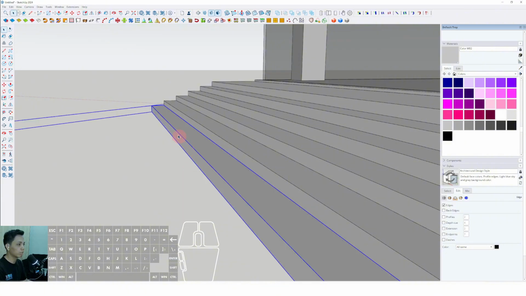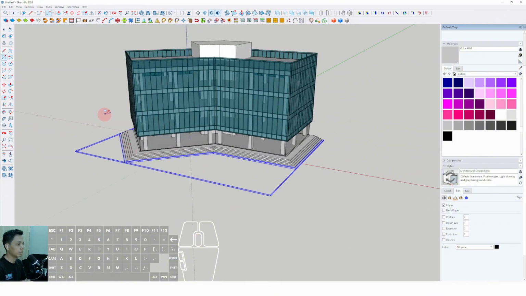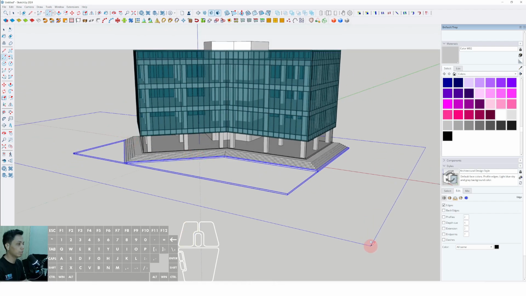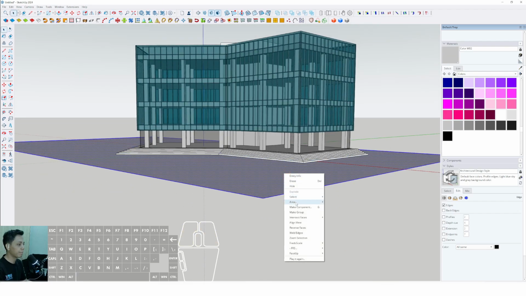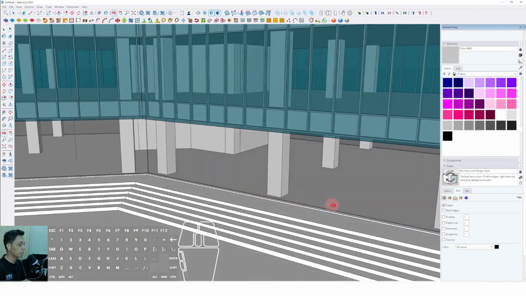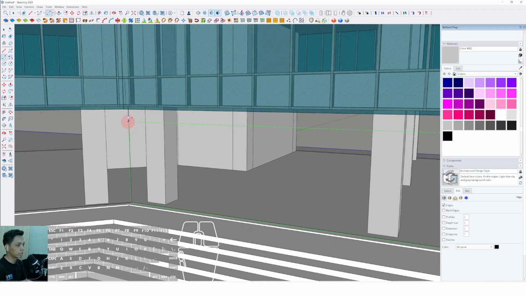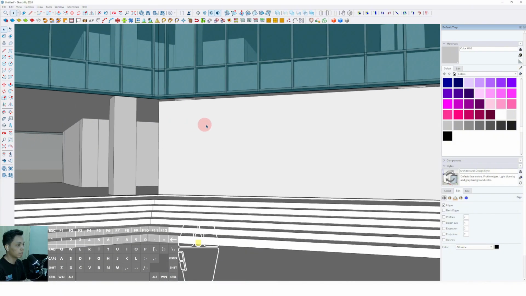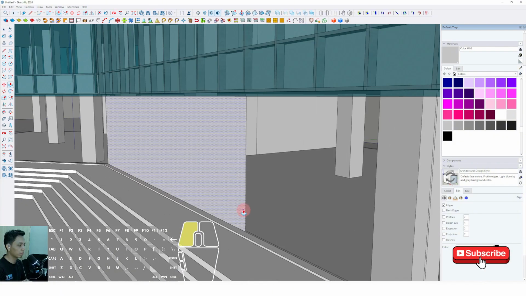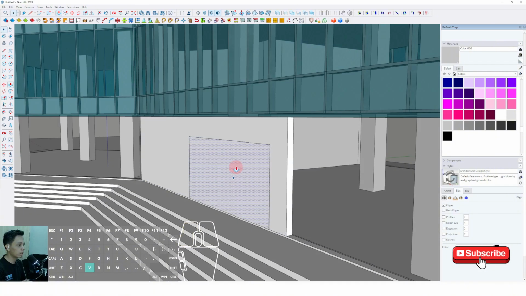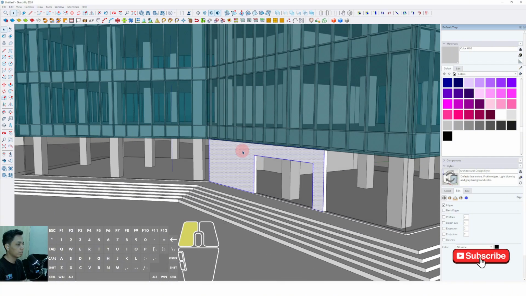Okay, we can make group, and now we can make another element in here. Make group, and we can also make the entrance action here. Okay, then we can push it to the front. Now we can edit the entrance action here. Okay, we can make group,